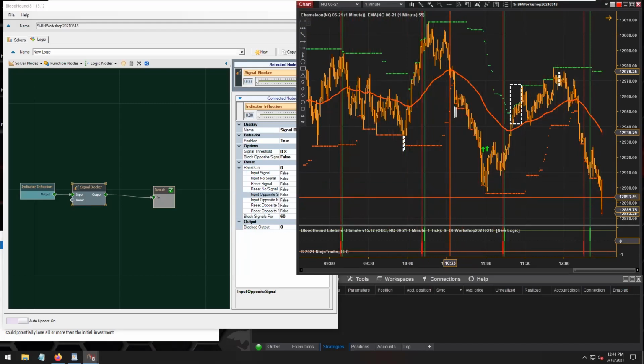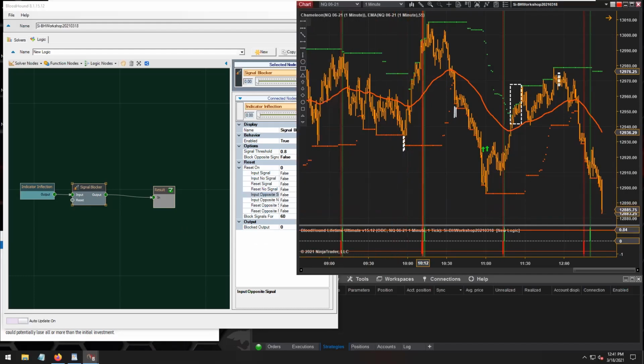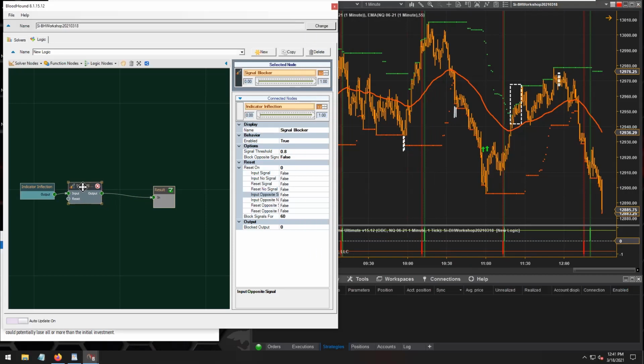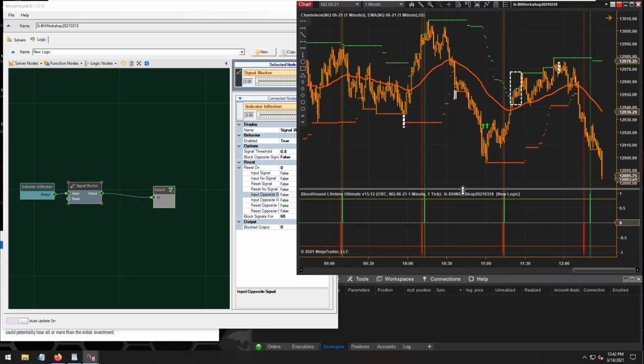We can see on the chart, depending on how we set the signal blocker up, that we're going to get a short signal every 1 hour, and we're also going to get a long signal every 1 hour. Now, because the signal blocker, by default, when it's blocking short signals for an hour, it's only blocking short signals. It's not going to block long signals, right? So the blocking of long signals is independent of blocking of short signals, unless